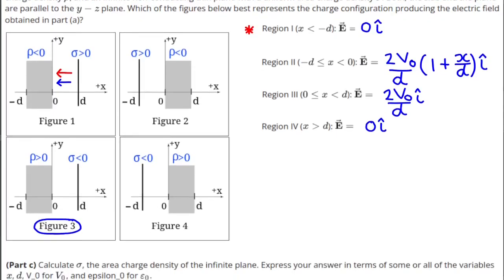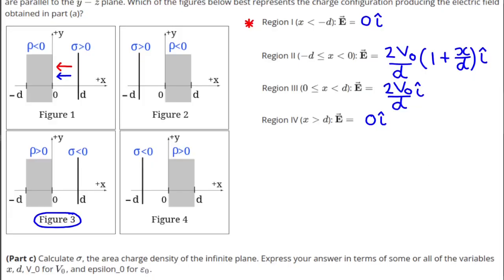Now let's go to part C. Calculate sigma, being the area charge density of the infinite plane. So if we take a Gaussian surface where we know the electric field, we can take it as a cylindrical surface or a prism or any closed surface with a uniform area. Then we have a 0 electric field at x greater than d and a constant electric field that points to the right for x between 0 and d. So the flux through this surface is negative, the electric field being 2v0 on d by the cross-sectional area,